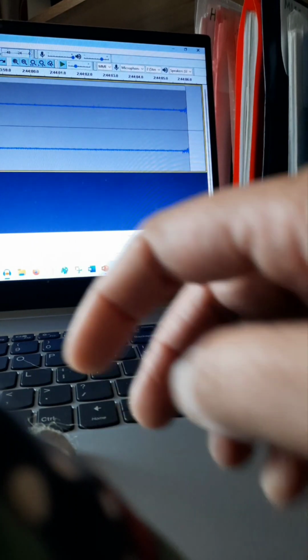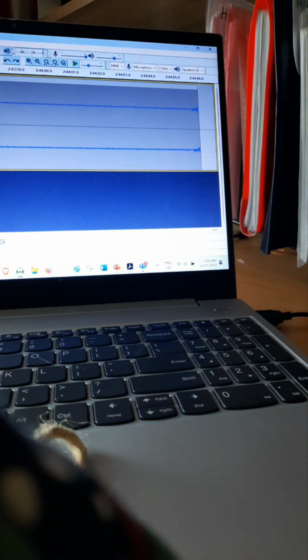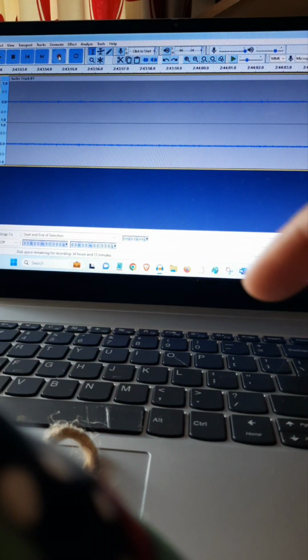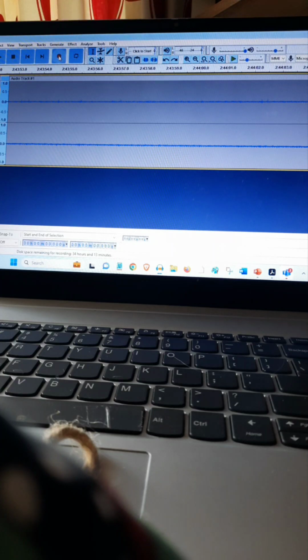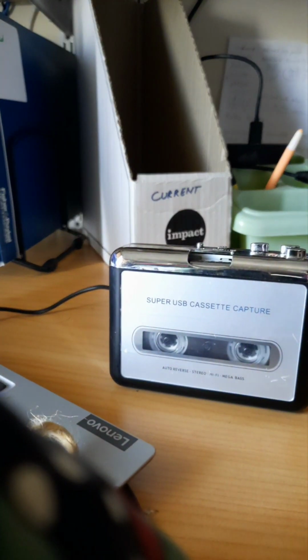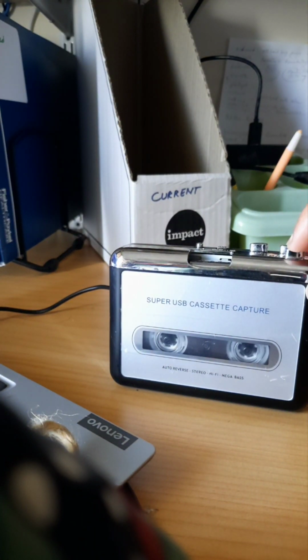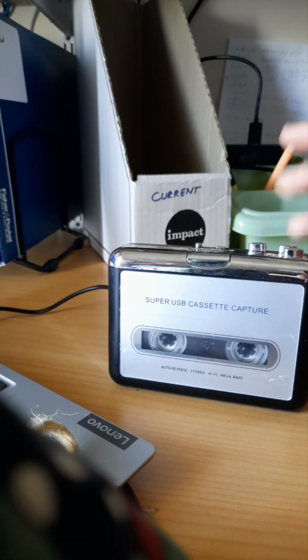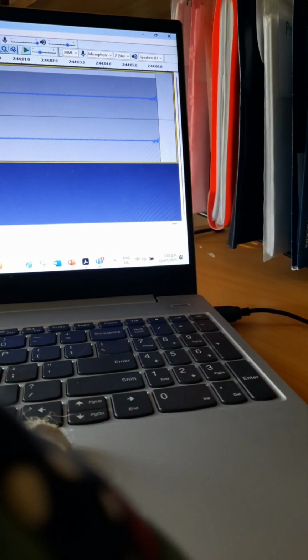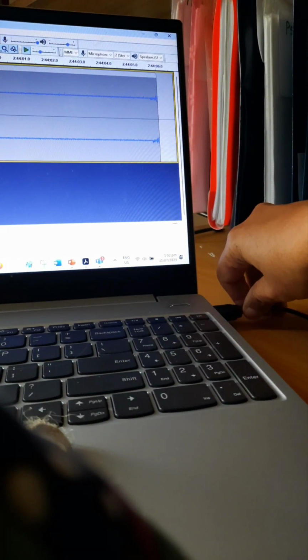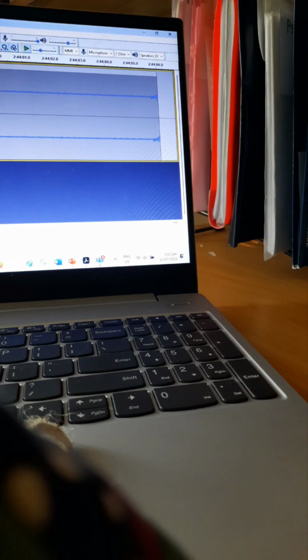That's okay. I would have liked to show you how I stop it. So what I would normally do is I would stop it here. See, the cursor is at stop, which is why when I touch it, it's so sensitive, so it's just gotten stopped. So that's what I stop, and then the cassette is still playing, so I can stop that. What happens after this is that I can take off the connection, and then